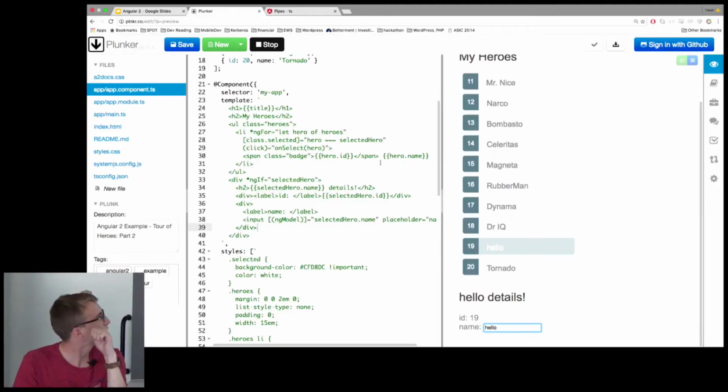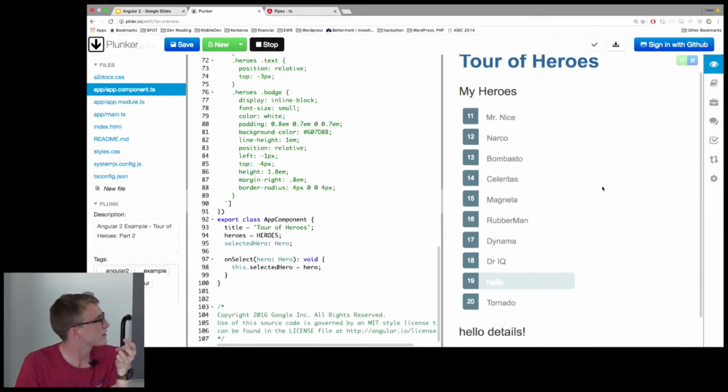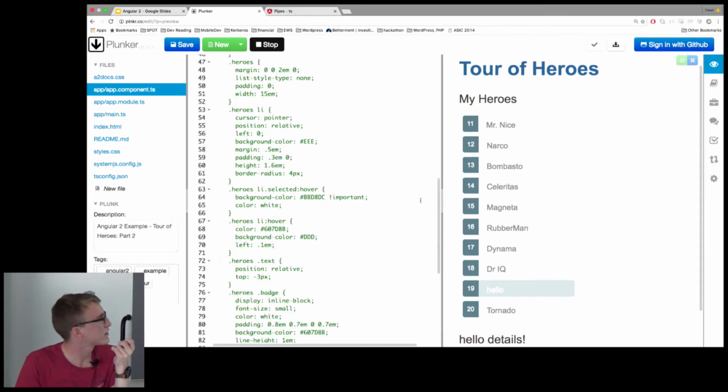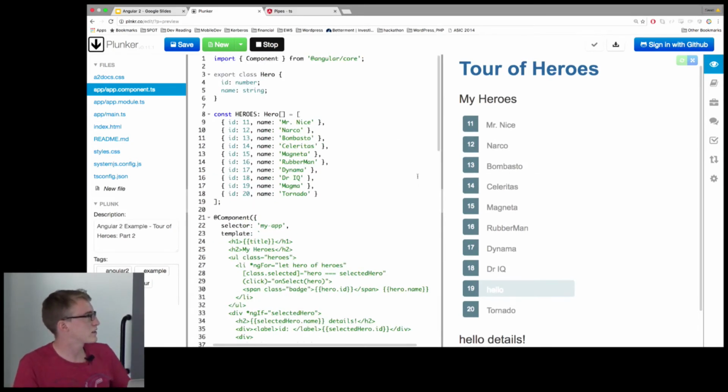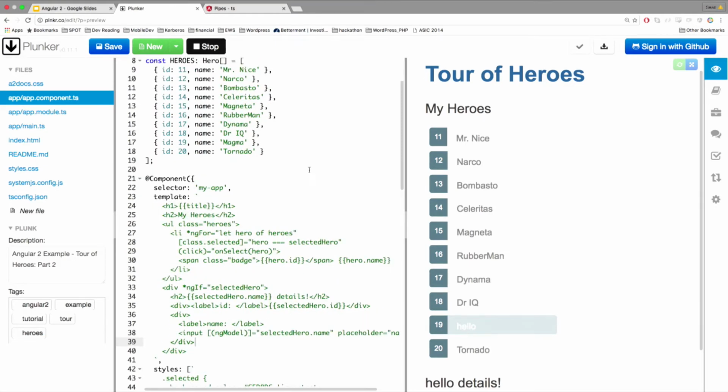Let's see. So hopefully this so far makes some sense. It is. I think it is really nice just to be able to see this thing and know what's going on by looking at one file,